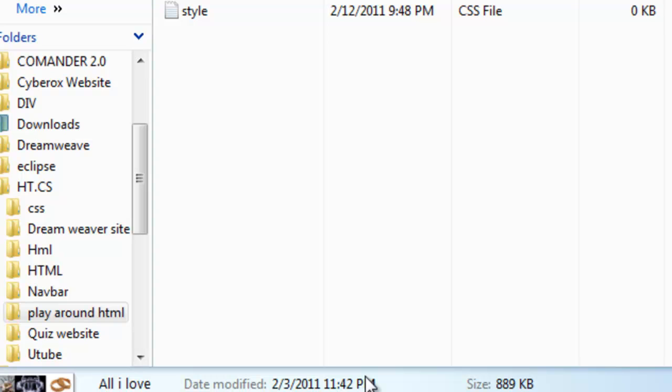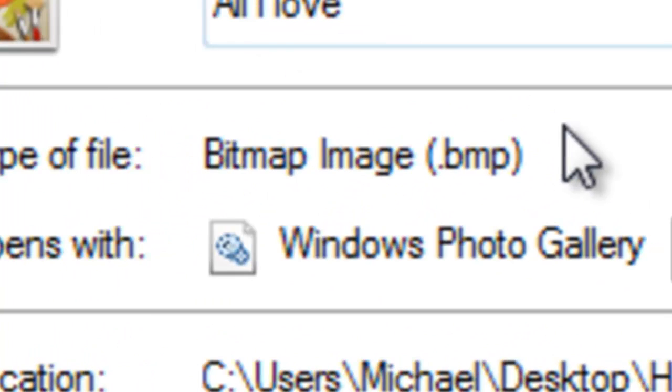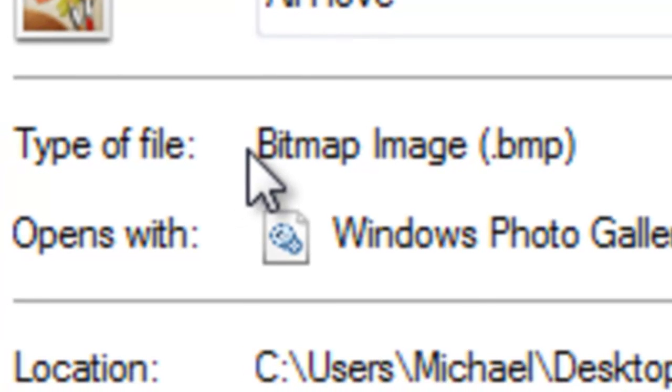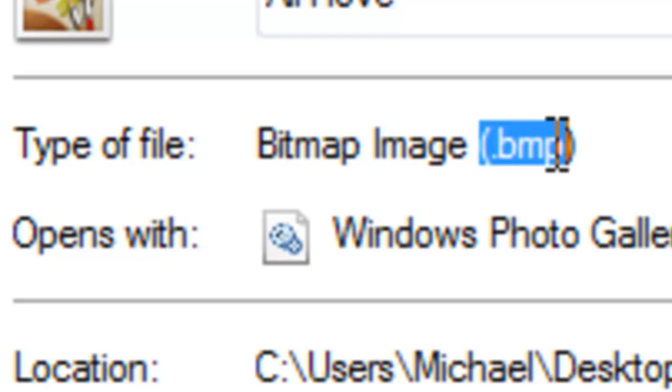But you want to right click on your image, and click on properties, and type. You see right here, it's called type of file, bitmap image. So basically it's a .bmp. I'm not used to that, I'm used to JPG, but